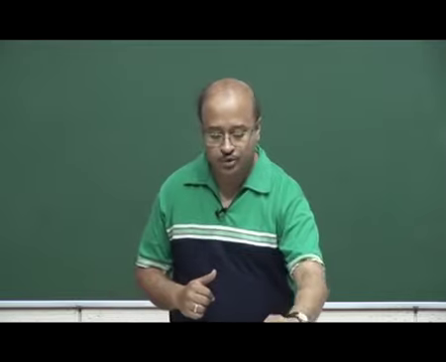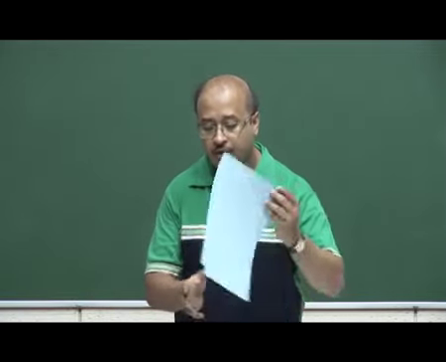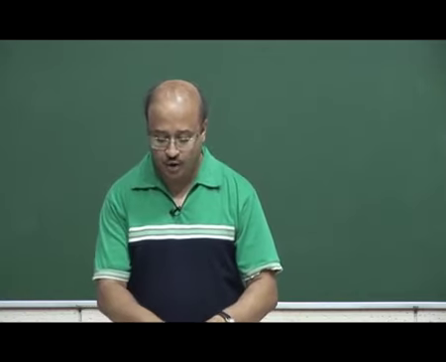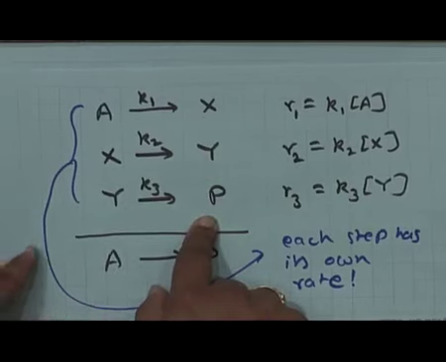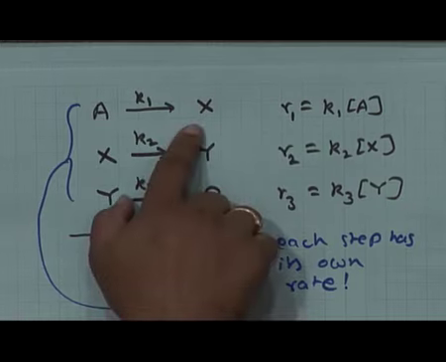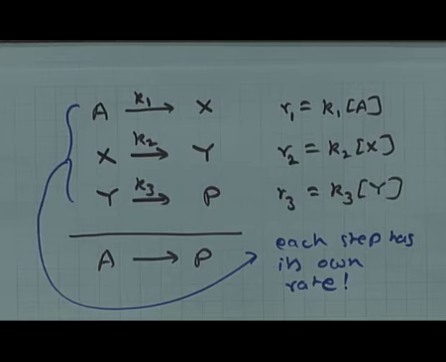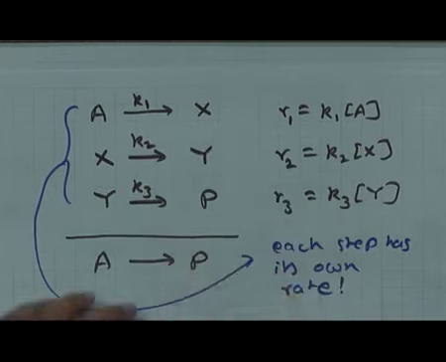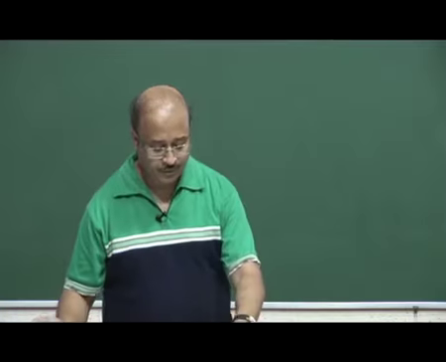So now going back to our series of elementary steps here. If I go back to the series of elementary steps, I do not know now which one is the rate determining step. Now suppose I tell you that, fine, let the rate determining step be the first one. If the rate determining step is the first one in the series of reactions, then it immediately falls out that